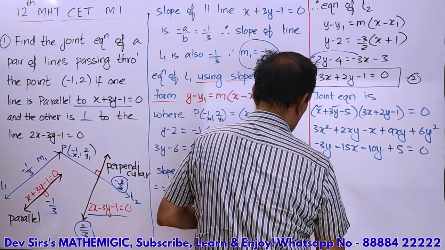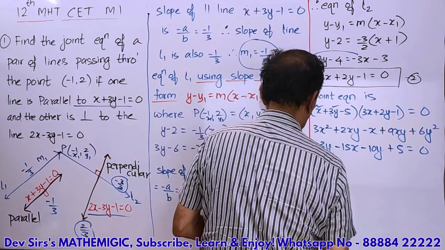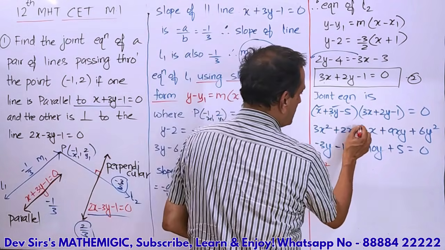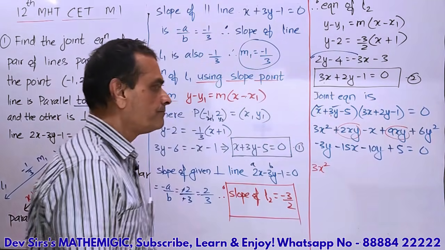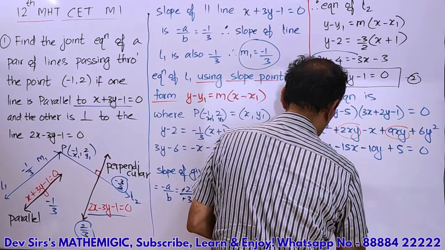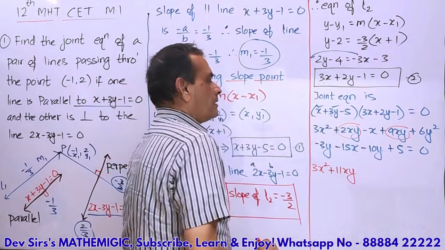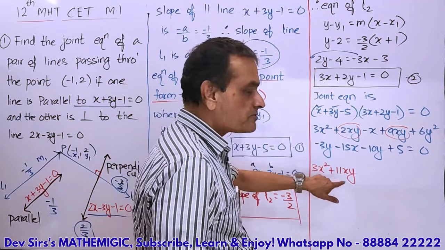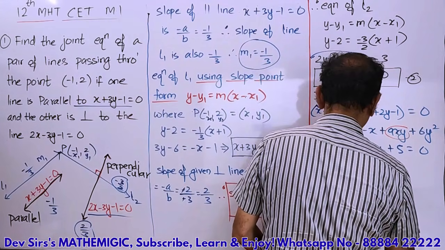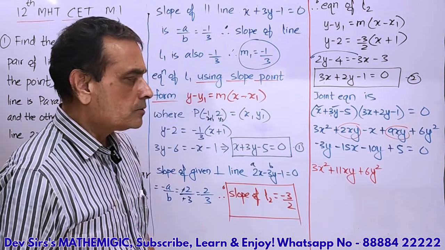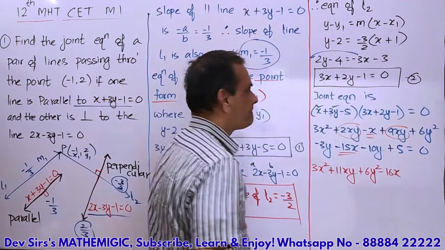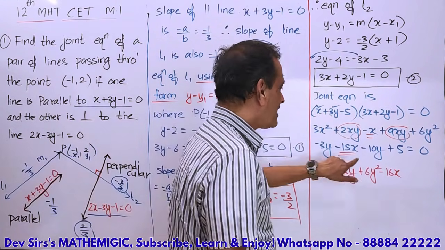Start with 3x squared. Okay, then there should be a term of xy. अभी xy ऐड करो, 2xy plus 9xy, 11xy, और कुछ xy नहीं है ना, उतना ही है ना. Okay, so 9 plus 2, 11xy. Then, after xy, a better way of writing, this is standard procedure, plus 6y squared. उसके बाद में x, minus 15x minus x, उसके बाद में y, minus 10y minus 3y,